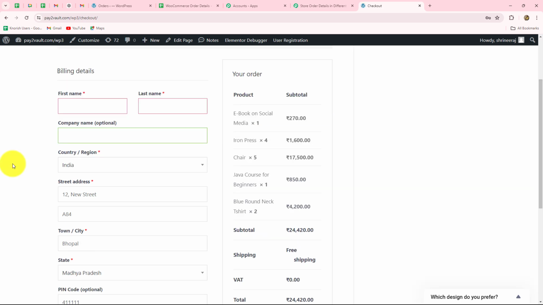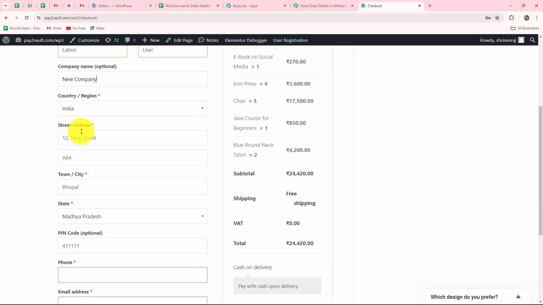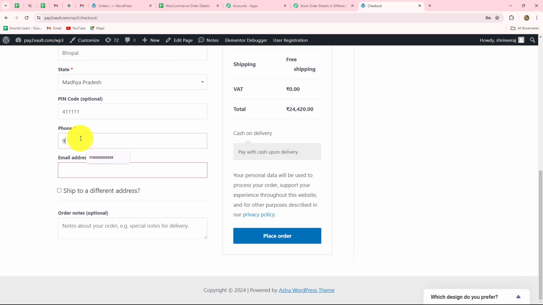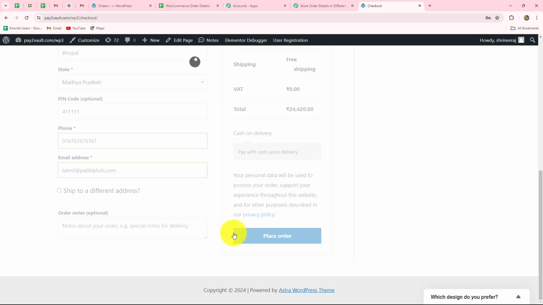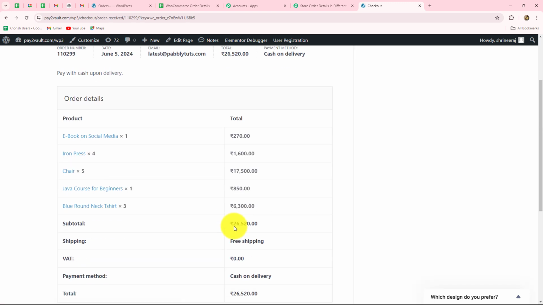So now in order to place this order, I'm going to enter the details as well. Let's say this time the customer who is placing the order is latest user. Okay, just a random name, company, new company. Okay, and I'm going to enter a random phone number of the customer as well, and at last the email address. So here I have entered the email address latest@pabblytudes.com. Now I'm going to place the order, and as we have done that, let's go towards our Google Sheets